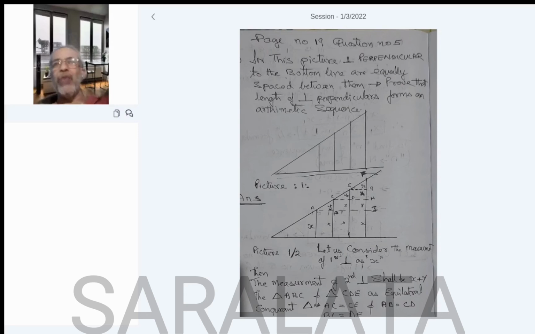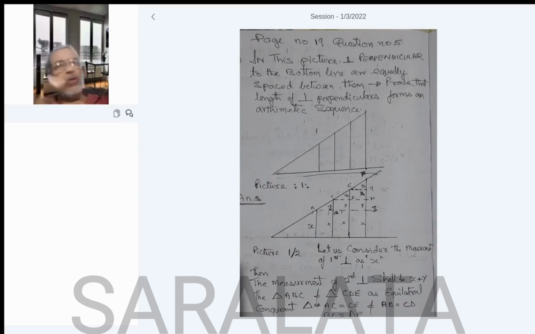As line 1, line 2, or the perpendicular 1, perpendicular 2, perpendicular 3, perpendicular 4, all up to the x level can be measured as x, right? Now, the second perpendicular, if I take the measurement above the x of the perpendicular line to the top, I'll call it y. So my second perpendicular measurement is x plus y,